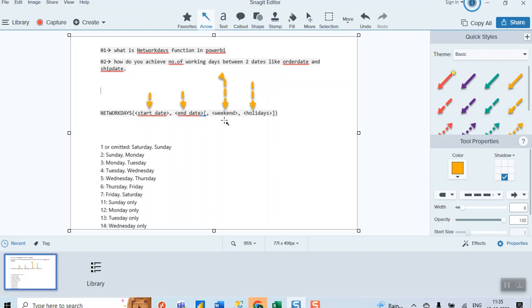The third one, you're telling the NETWORKDAYS function that there are some weekdays, some weekends, which are to be ignored. When you are not passing any value here, either you specify one or you omit it, it basically takes Saturday and Sunday as weekends. So those 2 days will not be considered while calculating the network days. And sometimes what happens,